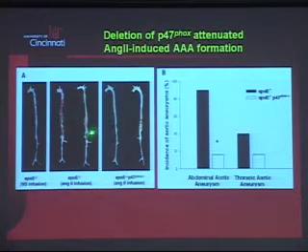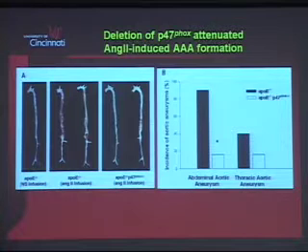because, as you can see in this slide, deletion of P47-PHOX had a very dramatic effect on suppressing aneurysm formation in this ApoE infusion model, and this is the worst one we saw in the entire series of experiments that we did in the P47-PHOX knockout mice. This is the incidence data of aneurysm formation in the wild-type mice, the ApoE mice. You can see it's about 90%. In the mice that were deficient in P47-PHOX, the incidence was only 16%,